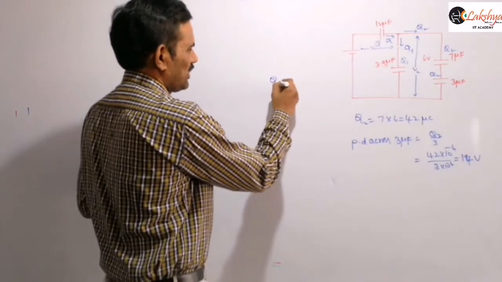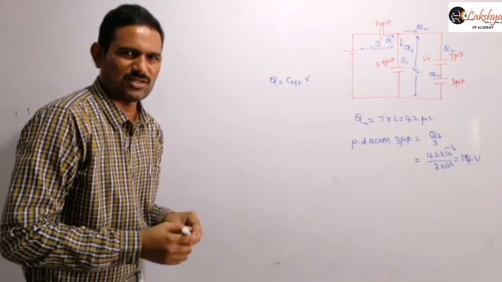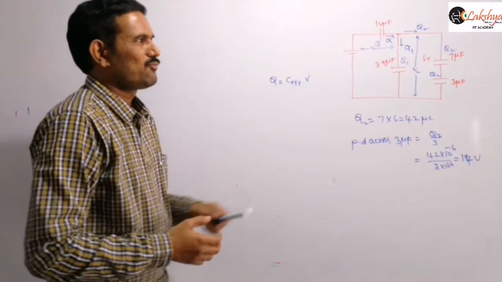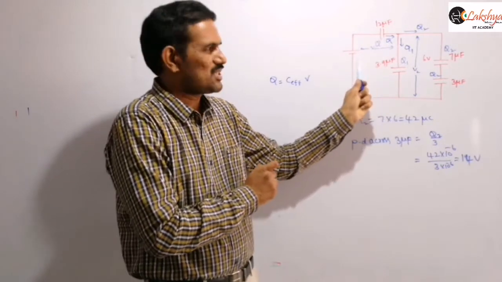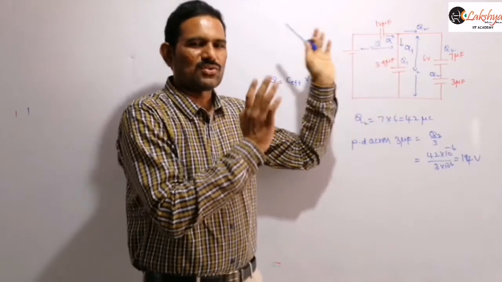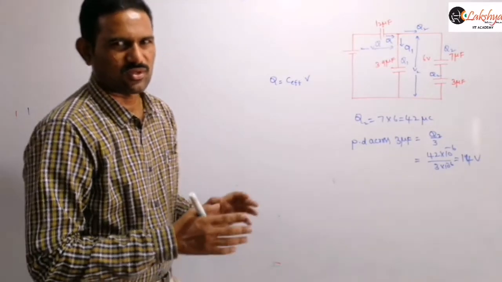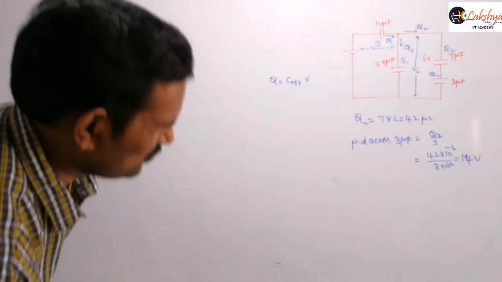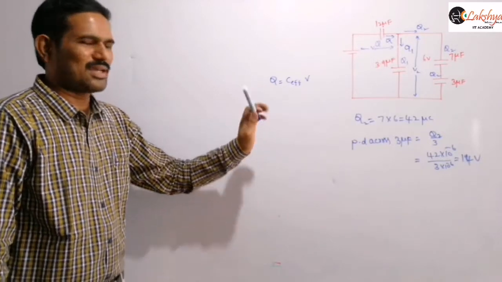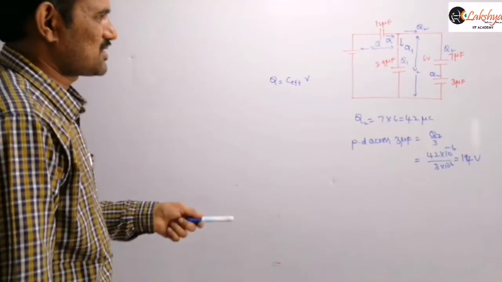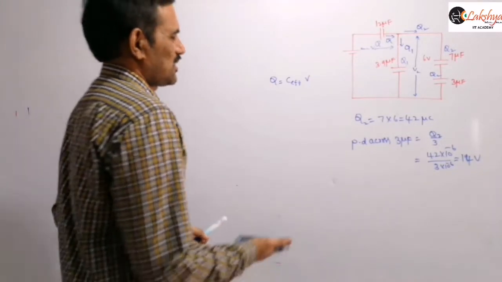So always remember, if you are calculating the effective capacitance, then you can write the charge drawn from the cell as Q is equal to C effective into the EMF of the cell. That is one way. Otherwise, if you are finding the charge on the capacitor which is directly connected to the cell, then the charge on that capacitor is nothing but the charge drawn from the cell, right? So remember that point. You may calculate C effective, or instead of that, you can write the charge present on the capacitor which is directly connected to the cell.